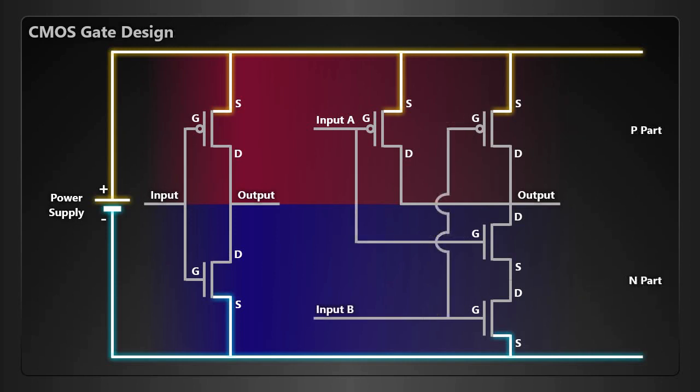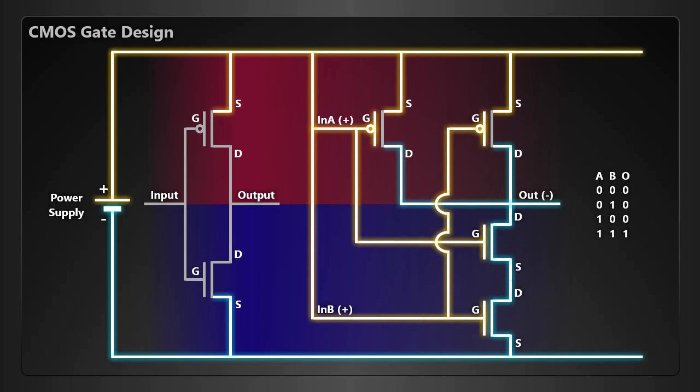Now let's evaluate the behavior of this gate. We wanted an AND gate, so for all the inputs, the outputs should be these. Let's see what we get. If A and B inputs are both high, the two top MOSFETs will be off. Remember, they need a negative charge on the gate compared to the source to turn on, and they currently have 0 voltage difference on these pins. However, both of the bottom transistors will be on, so our output will be low.